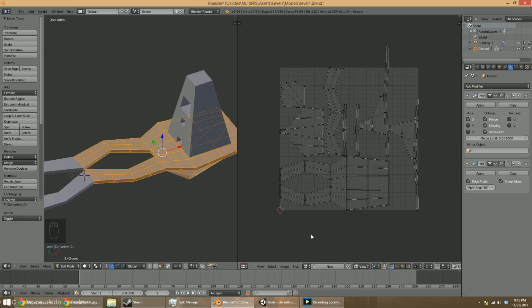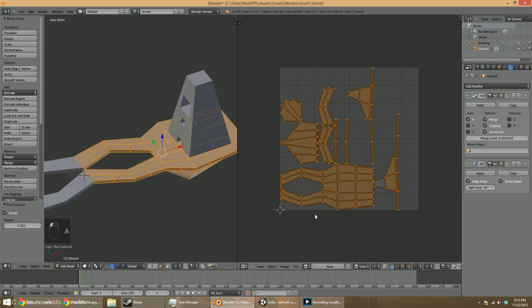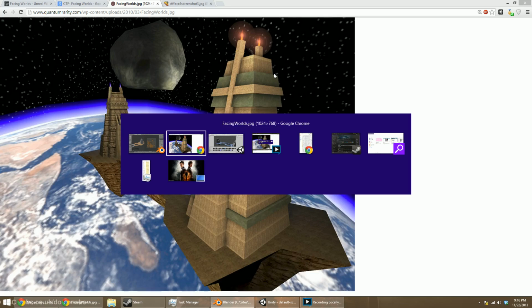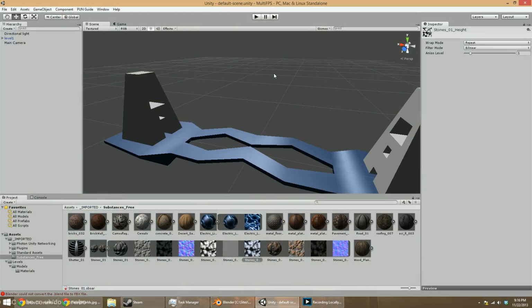Oh, I have to select and then pack islands. There we go. That will ensure that everything fits on your plane as effectively as possible, because you can't have things sticking out, or weird, bizarre things will happen. Now, if I save this, still not going to be ideal, but if I save this and pop back into Unity,